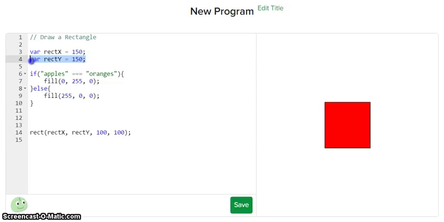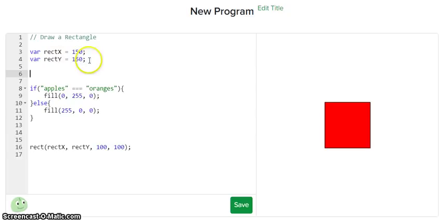Again, I'm just going to make a couple new lines here. I'm going to copy this by dragging it here. And instead of rect x, this will be our rect width